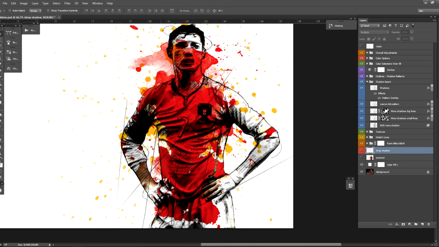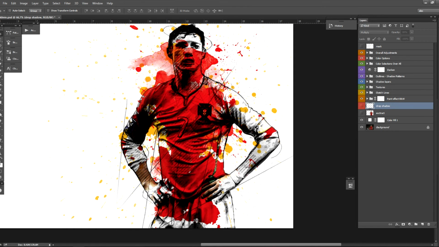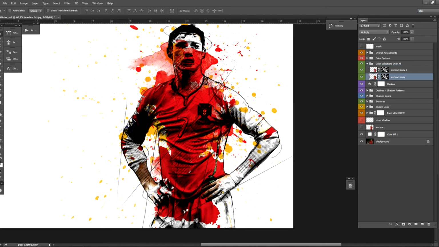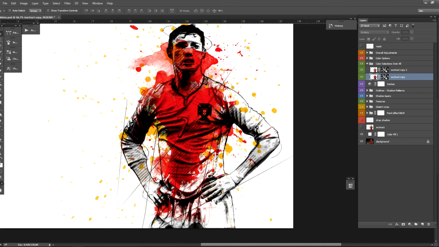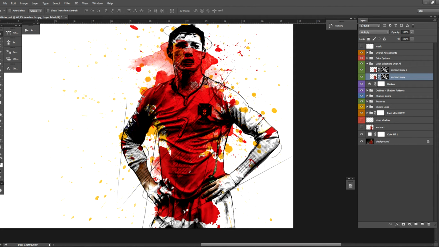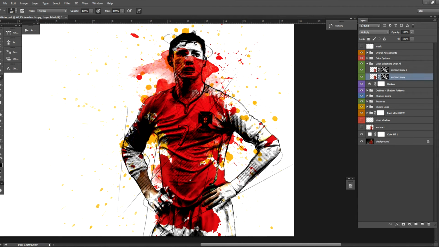These are some modifications I have shown you now. Let me go to the group color selections overall, and you have these two layers, the first one and the second one. Now we go to this layer, and now I will go to the mask of this layer, and I will paint in white and reveal these areas on this image.